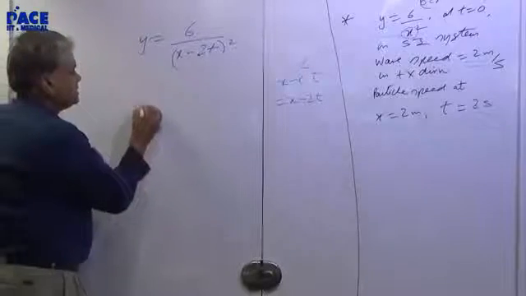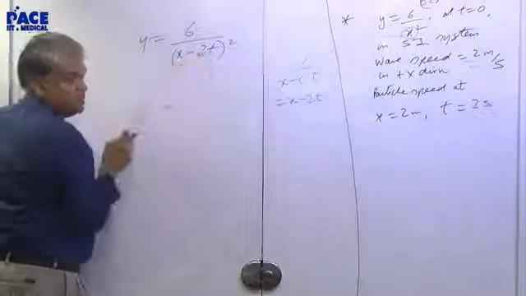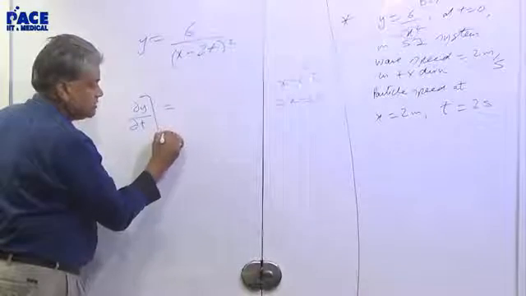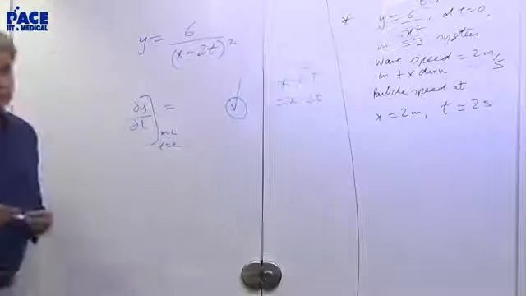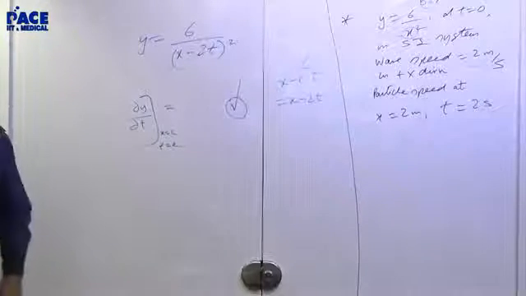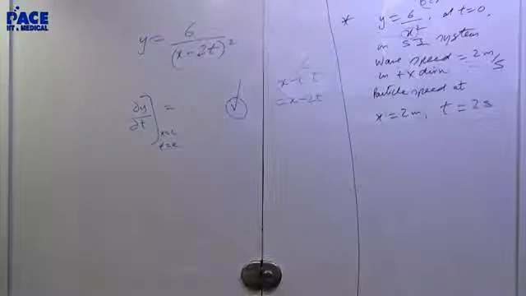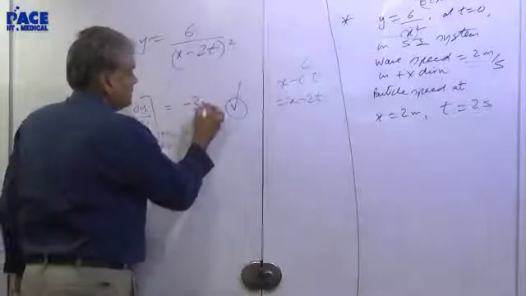Particle speed will be this, del y by del t. So differentiate with respect to time, partial derivative, and then get the answer. Once you get the value of the function, put x equal to 2 and t equal to 2 in this. Waiting for your answer. Tell me how much you get. That's your answer. Negative 3. Minus 3, are you getting? Yes sir. Negative. Yeah, did you get negative? Yes. Minus 3 meters per second.